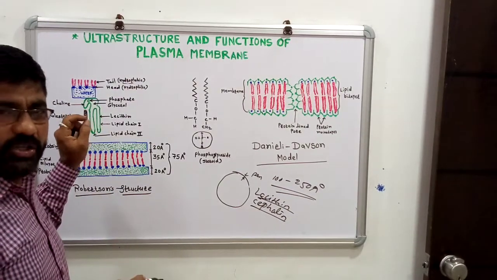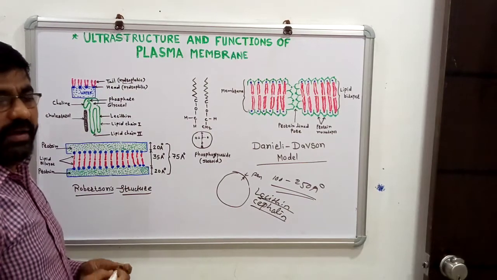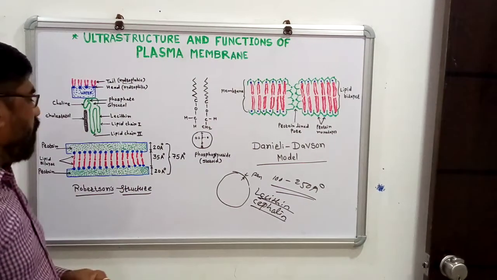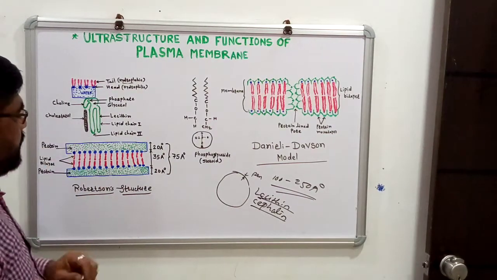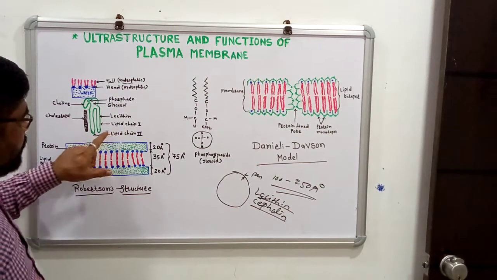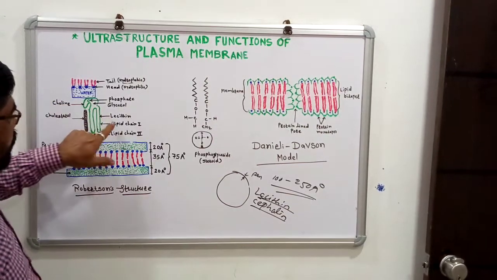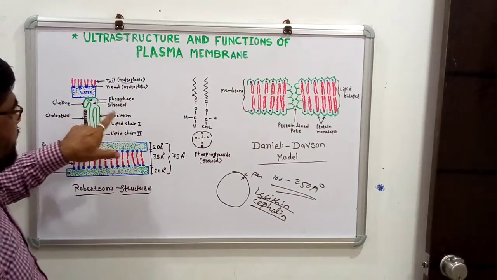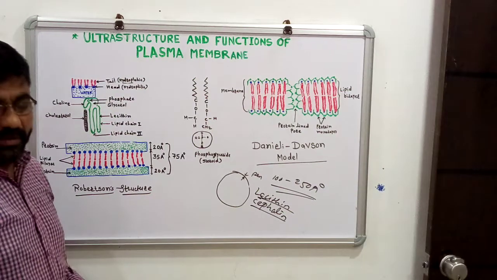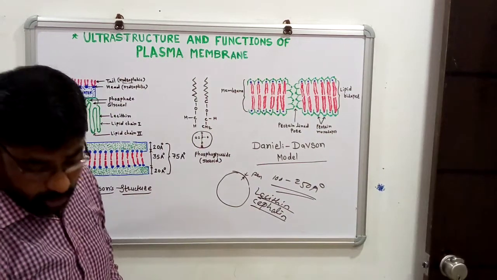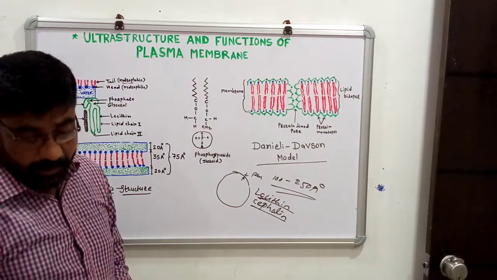Steroidal structures are also present in some form, and there is the presence of cholesterol. Then there are lipids, one chain of lipid and a second chain of lipid with what is called lecithin, and the glycerol is there. So according to the structure of the cells, if we observe